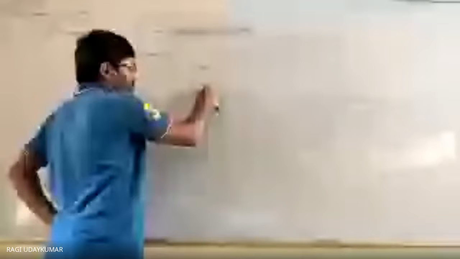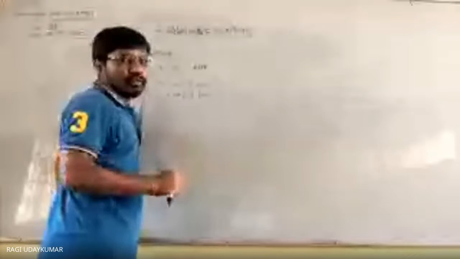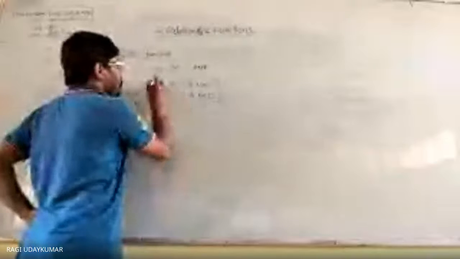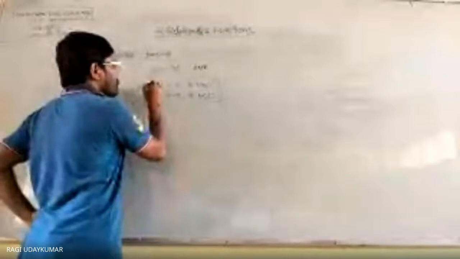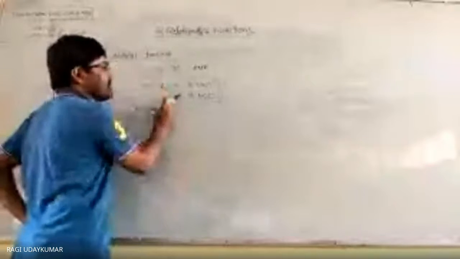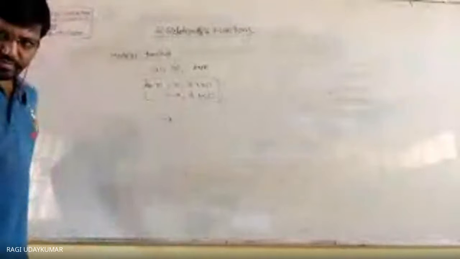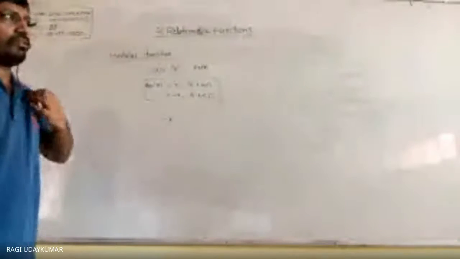f of x equals x. See here, x is greater than or equal to 0. If you take 0, 1 if you take 1, 1.5 if you take 1.5 in the modulus. But if x is less than 0, negative, you may get a doubt. Most of the students will get confused. Sir, here you can write mod x or f of x equals mod x. Mod x means negative. Can you give me the answer: is minus x positive or negative?